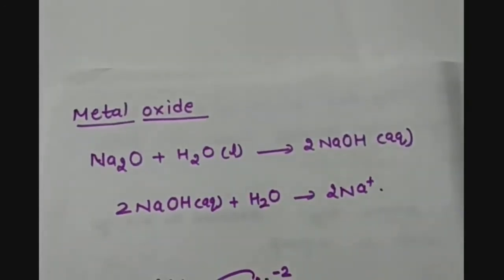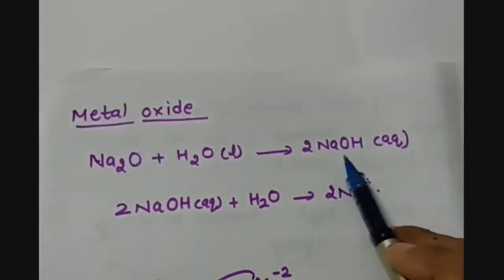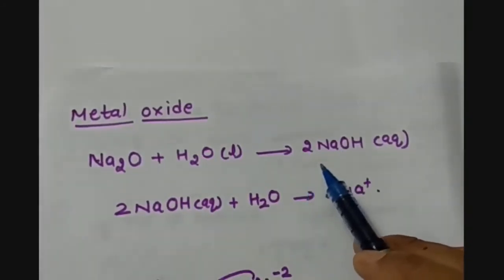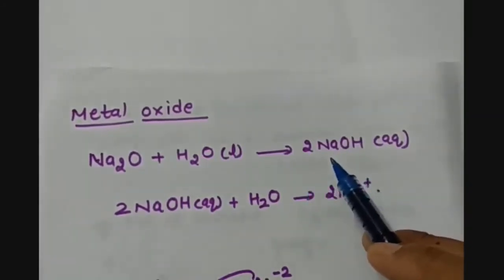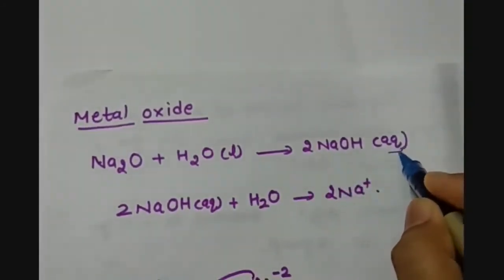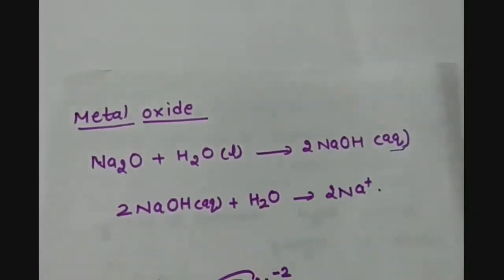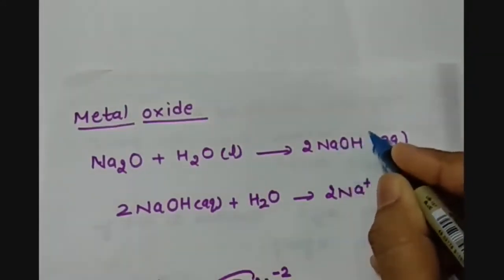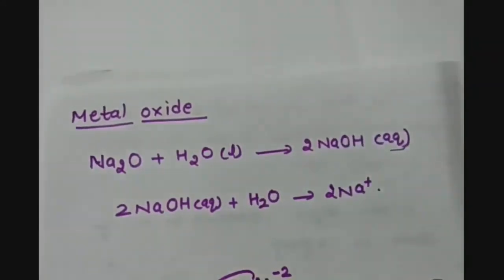And how can we confirm that? Because when this NaOH is dissolved in water again, then it furnishes Na+ and OH- ions. That means this is in aqueous state now, and in aqueous state ions will be present. So we will have Na+ and OH-. But how will the water molecule get dissociated now?